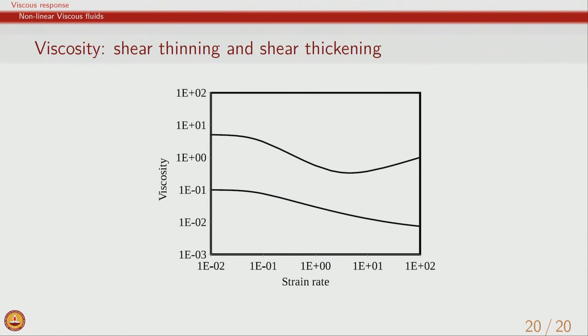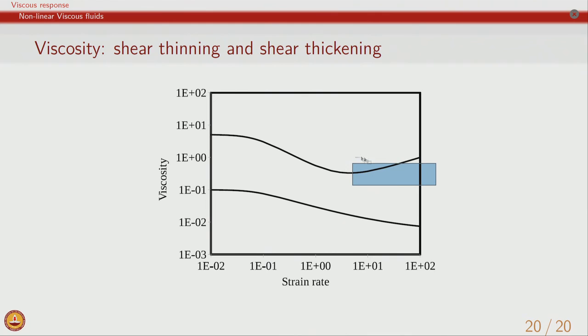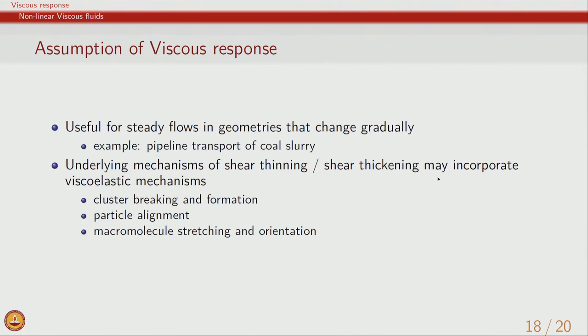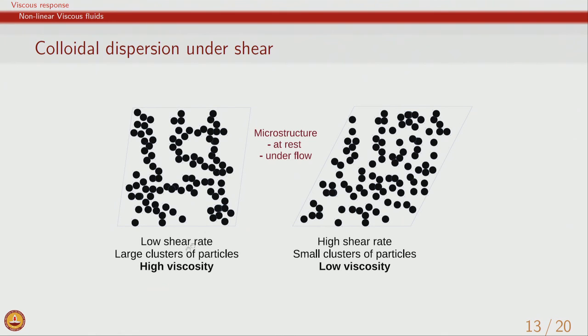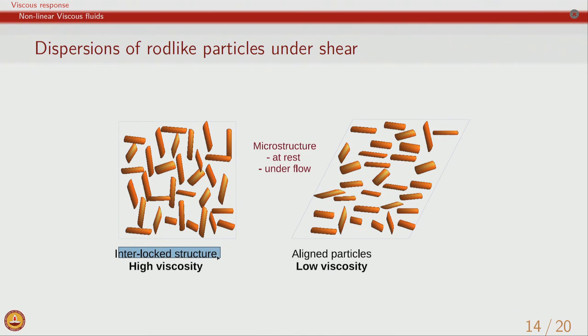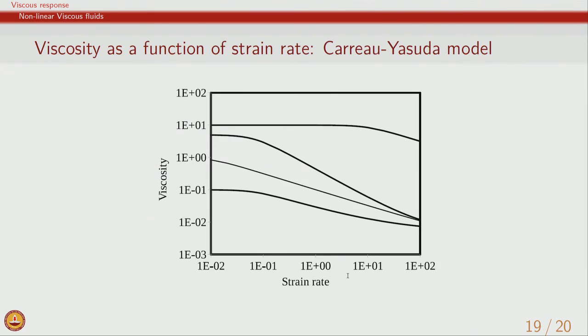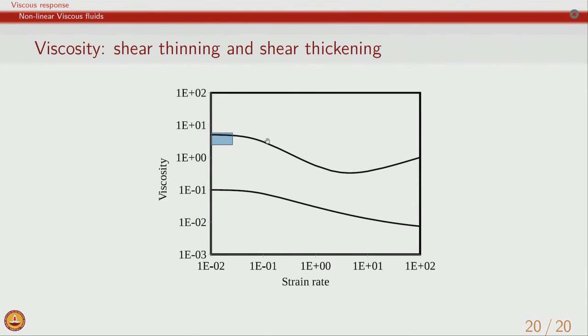dispersions. Many colloidal dispersions also show shear thickening, which means viscosity increases as a function of strain rate, and again this is related to the basic mechanism in the material, and to understand that we would need to go back to what the colloidal dispersion is made up of. Many times the interlocking structure which is present at low shear rate, as I showed in the two examples, comes into play only at high strain rates. So, we generally have a viscosity which initially is constant, then decreases, and then starts increasing. Later in the course we will look at some of these mechanisms which lead to shear thickening in